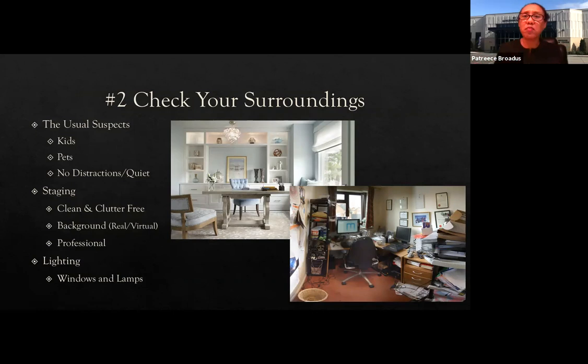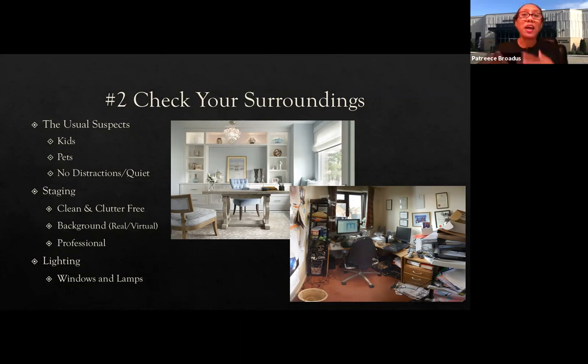Obviously, you're going to hear from myself or from other individuals as well, the usual suspects in terms of checking your surroundings: making sure the dogs and the cats aren't around you. You don't want to be in a conversation with the recruiter and all of a sudden your cat jumps up on the back of your chair and walks off. Make certain the dogs aren't around, obviously the kids, etc. You don't want any distractions going on around you. You want to make certain that you're in a quiet space, a quiet area.